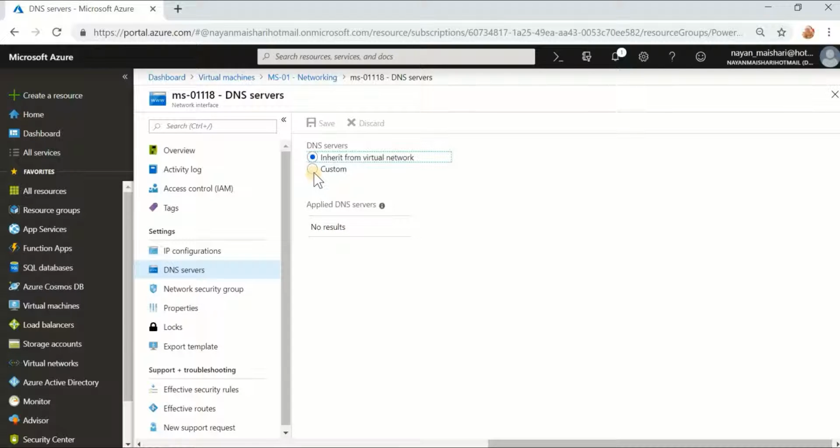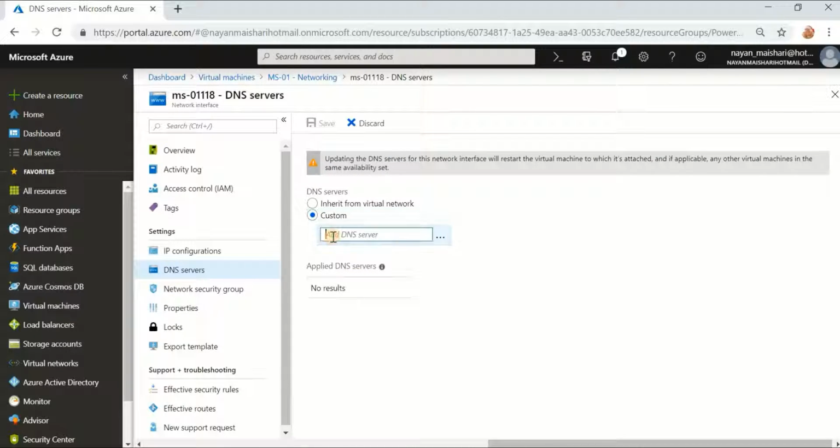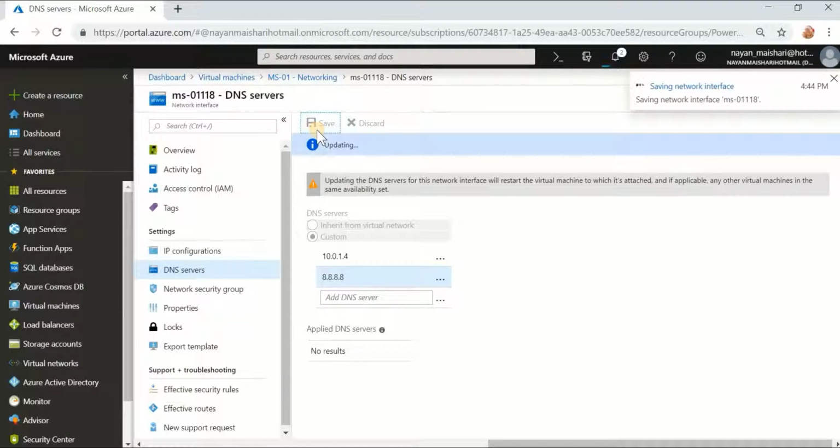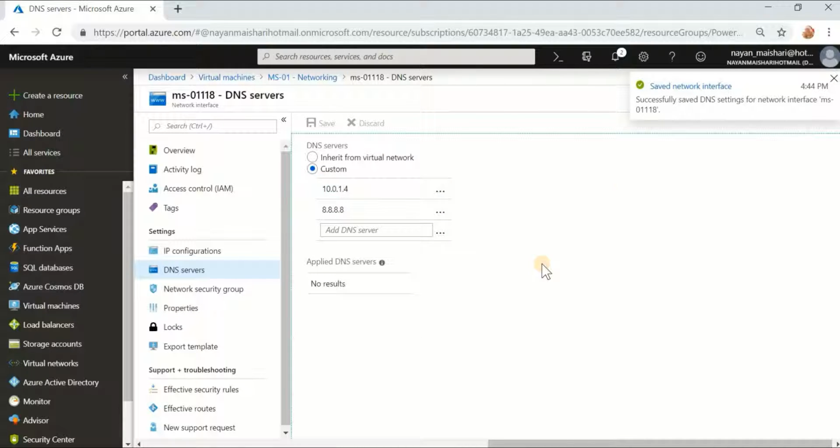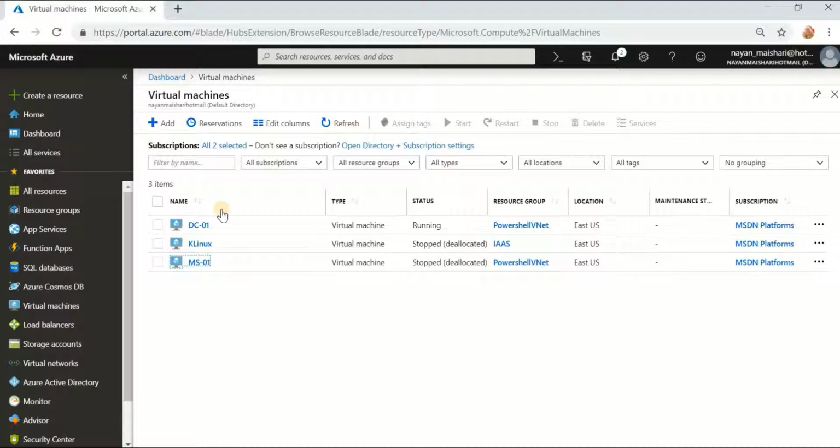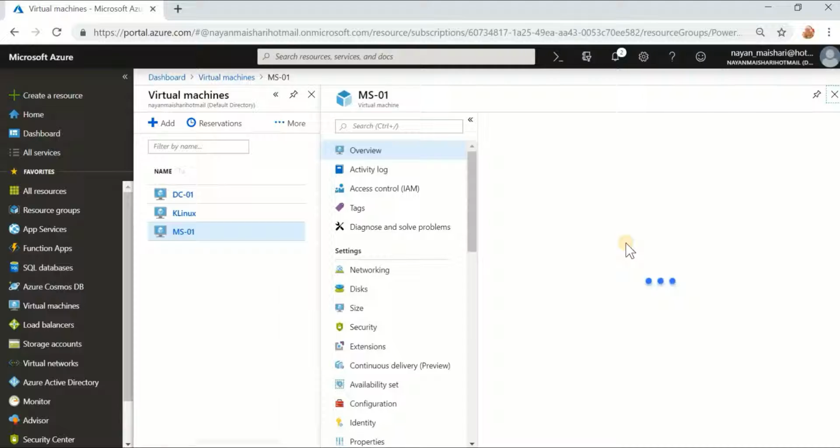I'm going to click the custom option. Key in my domain controller IP address, which is also DNS right now. So 10.0.1.4. Alternative, we have 8.8.8.8. I have done a similar configuration on DC-01. Click on save, and once it has been saved successfully, we are going to add the server as our member server in the domain ps.local. So click on the virtual machine tab, click on ms-01, click on start,